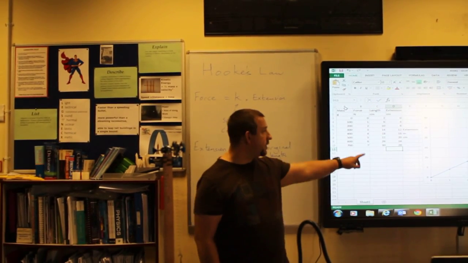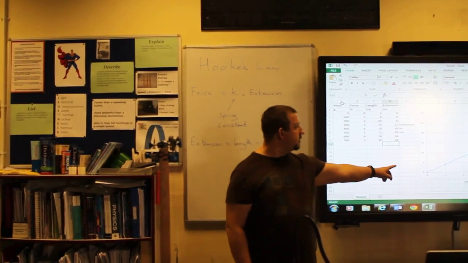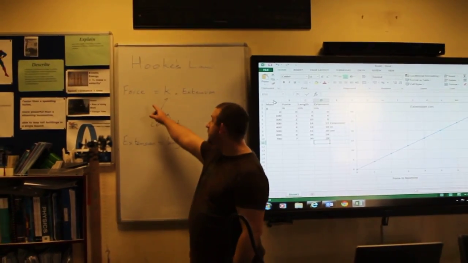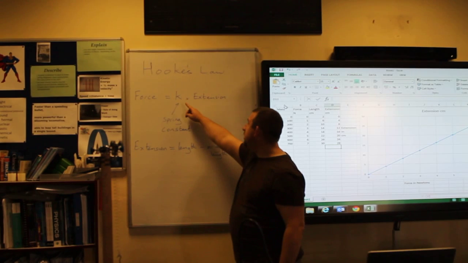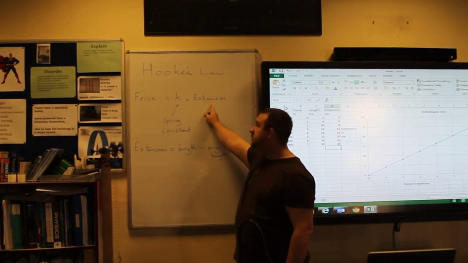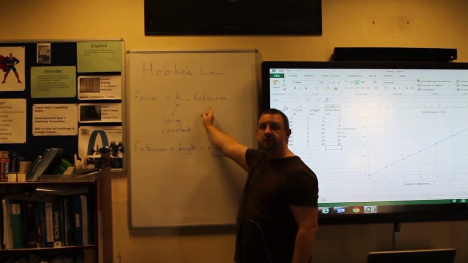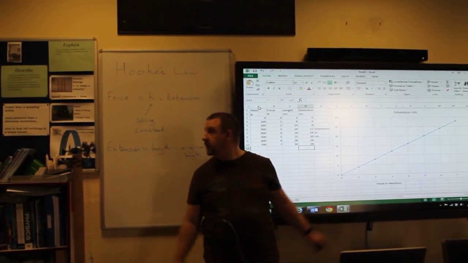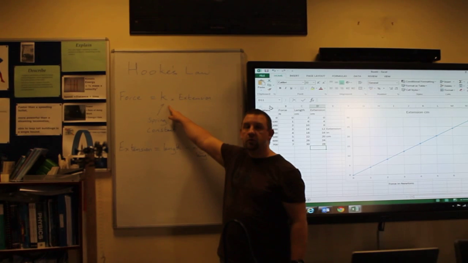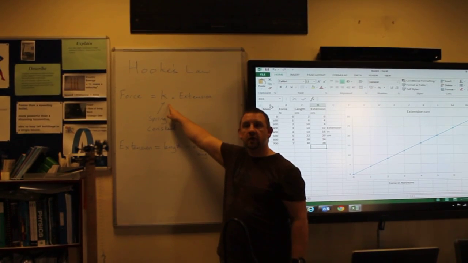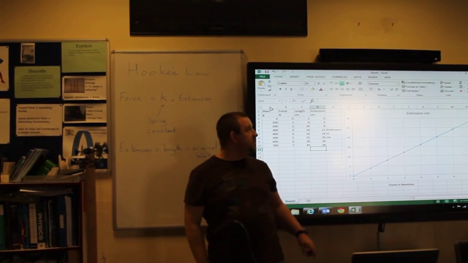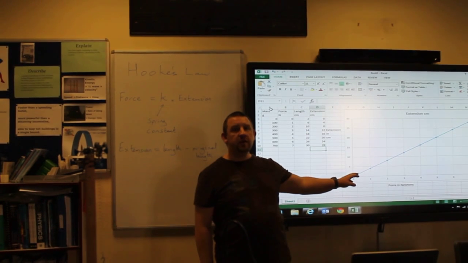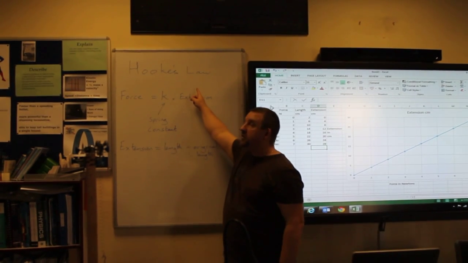So we have a nice straight line graph showing that the equation is correct. Force is equal to a multiplying factor, the spring constant, times the extension. In this case we get 4 centimetres of extension for every newton, so this spring constant would be a quarter, or 0.25. And the reason why it's a nice straight line is because we're still in what's called the elastic